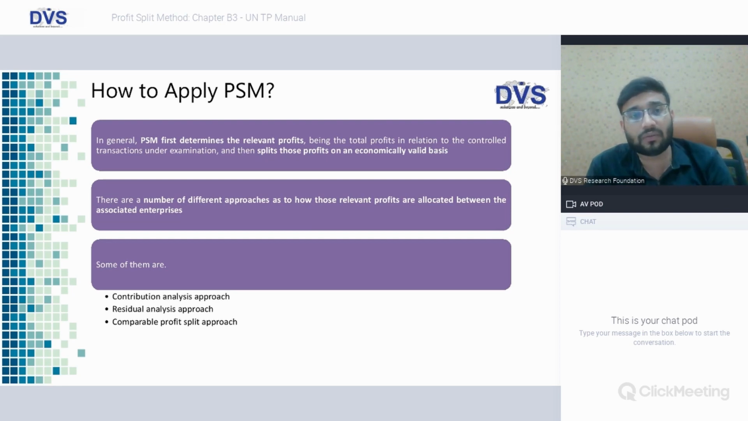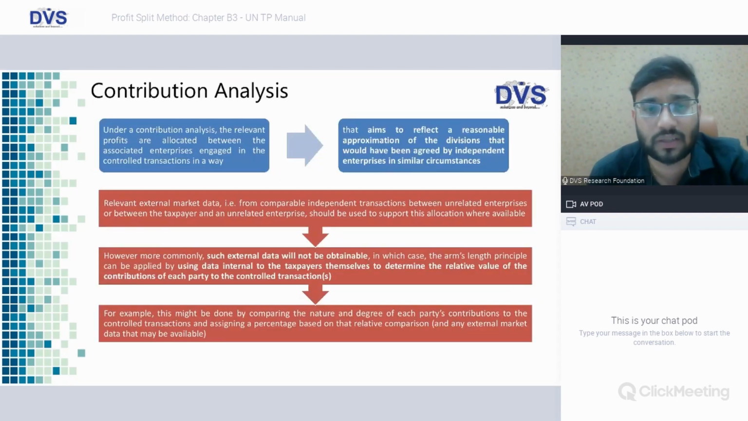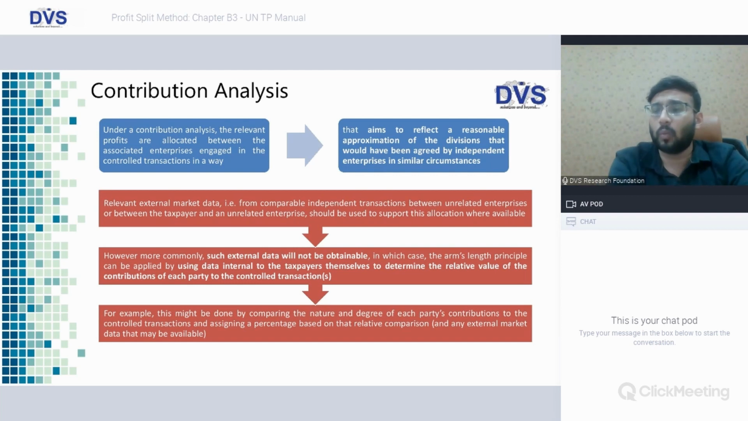Now, after we get those, how to apply PSM? There are three approaches, friends. This is important, friends. Contribution analysis approach, residual analysis approach, and comparable profit split approach. So, what is contribution analysis approach, friends? Here in this, what happens